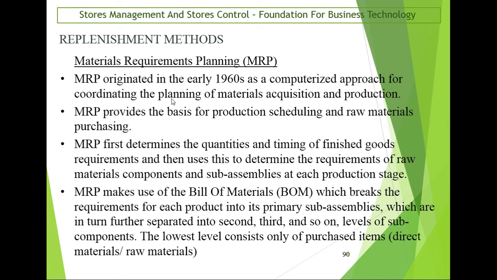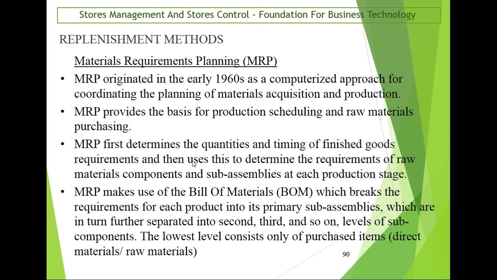of raw materials. So earlier on we were talking about the bill of quantities for that product A. So what we are now saying is MRP will determine how many of that finished product are required, and also the timing, when are they required. And from those quantities and timing, it will now calculate based on the bill of materials when we need the